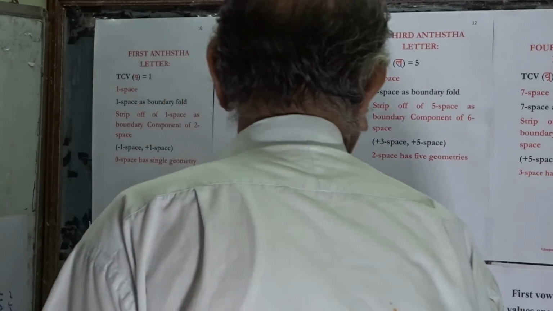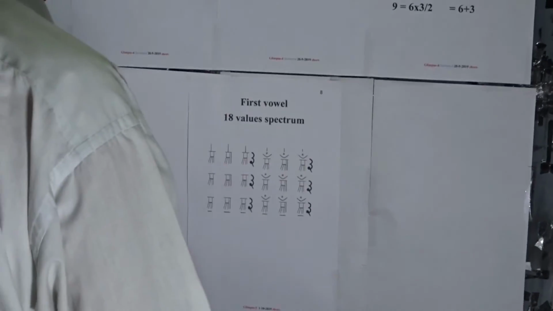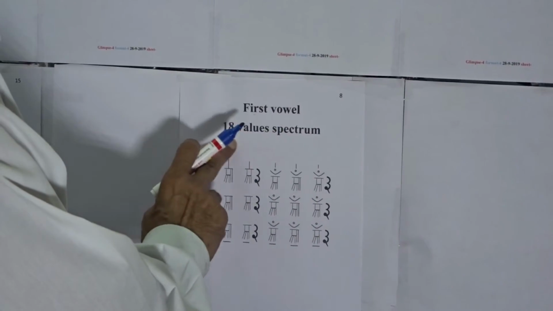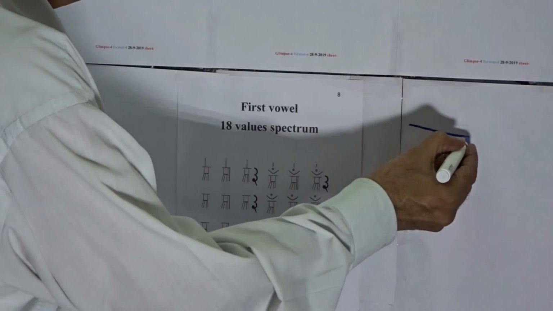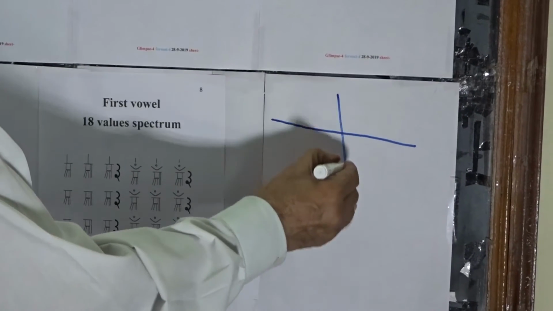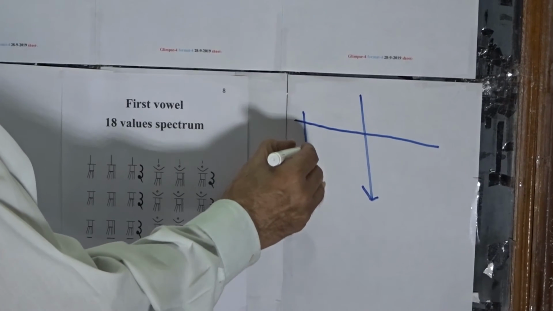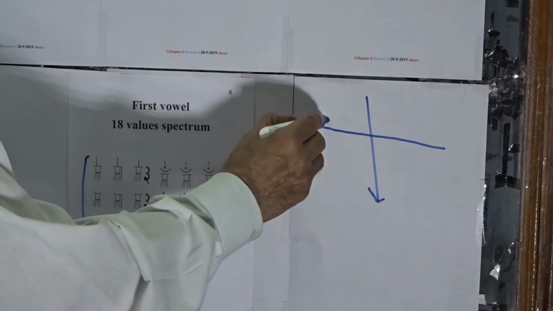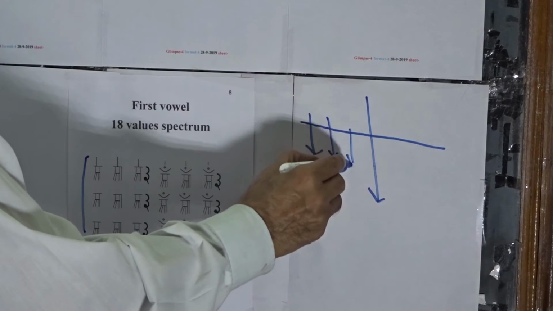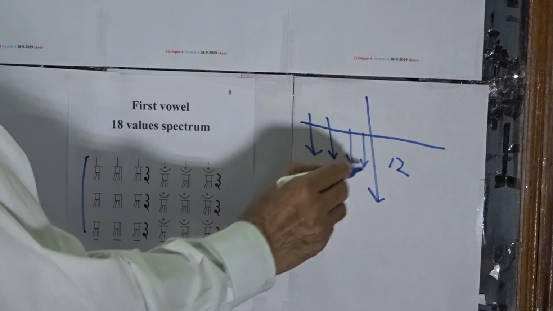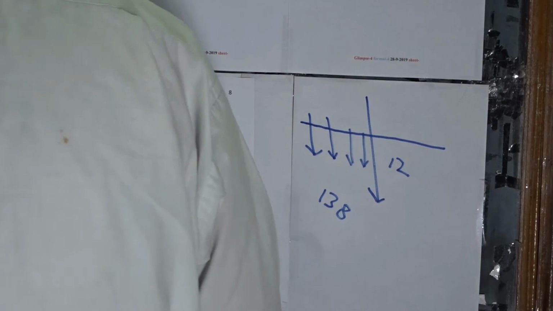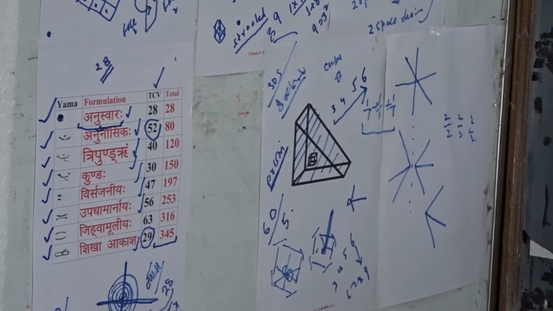processing steps. It is in terms of it that we will be seeing that ultimately the vowels, which are 9 as we have seen, and each of the first 5 vowels will be of 18 spectrum values, and then the last 4 will be of 12. This will be giving us value 138. We know that 345 is the value of the 8 Yama letters of formulations, and this together with